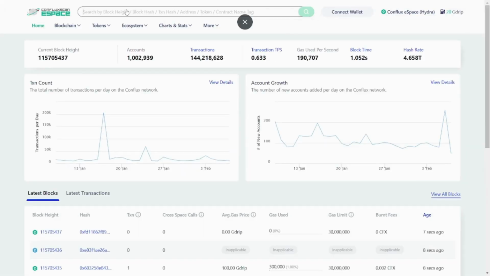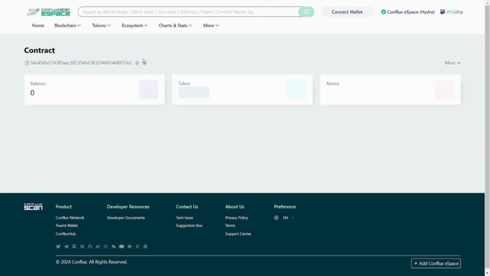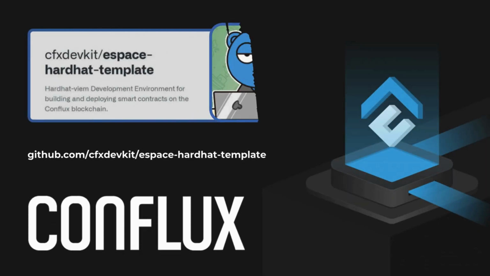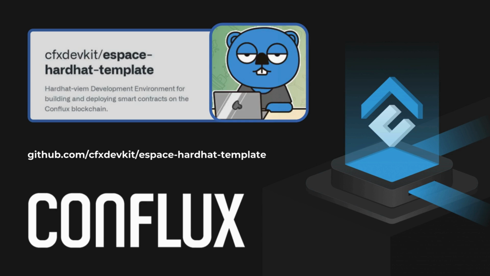The eSpace Hardhat template provides a streamlined workflow for developing and deploying smart contracts on Conflux eSpace. With its pre-configured tools, integrated wallet management, and support for Hardhat Ignition, developers can efficiently build, test, and deploy